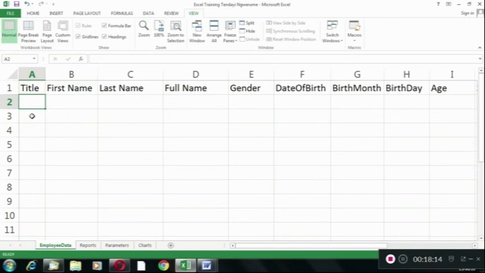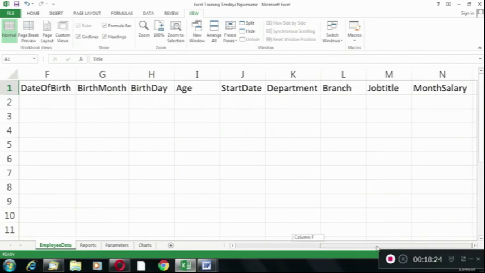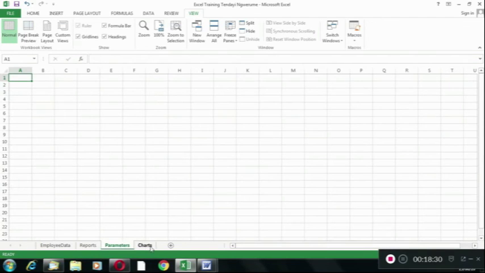Okay, so I'm going to stop here for now so that you can work on this workbook until you get to this stage. So once you are done up to here and you have got all these worksheets, you can then proceed to the next